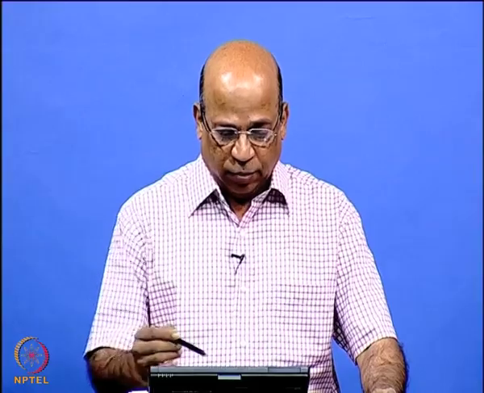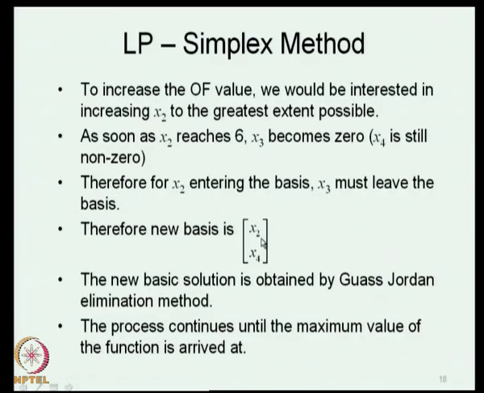x 2 comes in. We reformulate the basis now by taking out x 3 and write the basis as x 2 and x 4. So, earlier you had x 3 and x 4, x 3 goes out, x 2 comes in, and therefore, the new basis is x 2 and x 4. This is the basis on which we move from one iteration to another iteration, one step to another step in the simplex method. Then starting with this basis now x 2 and x 4, we obtain solutions for x 2